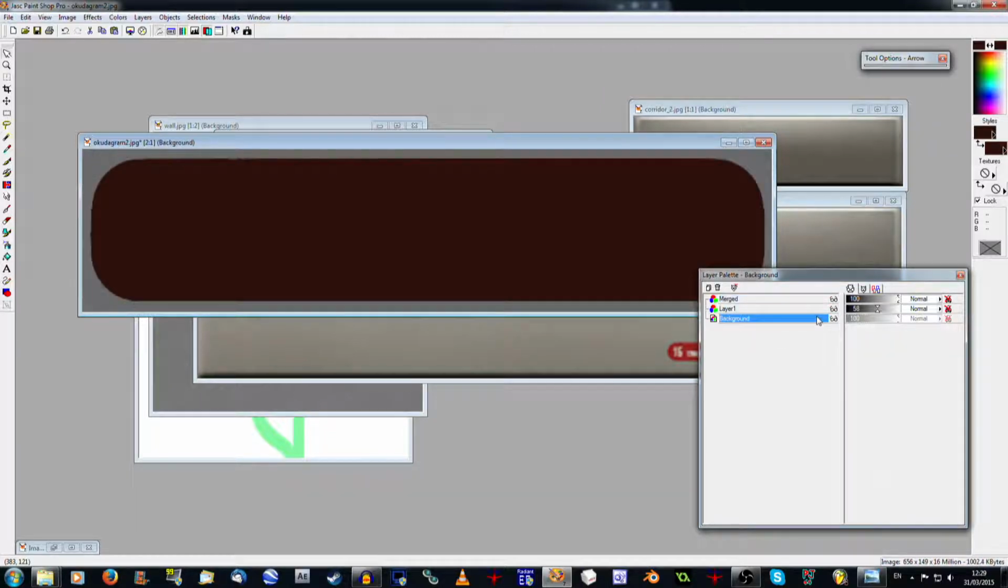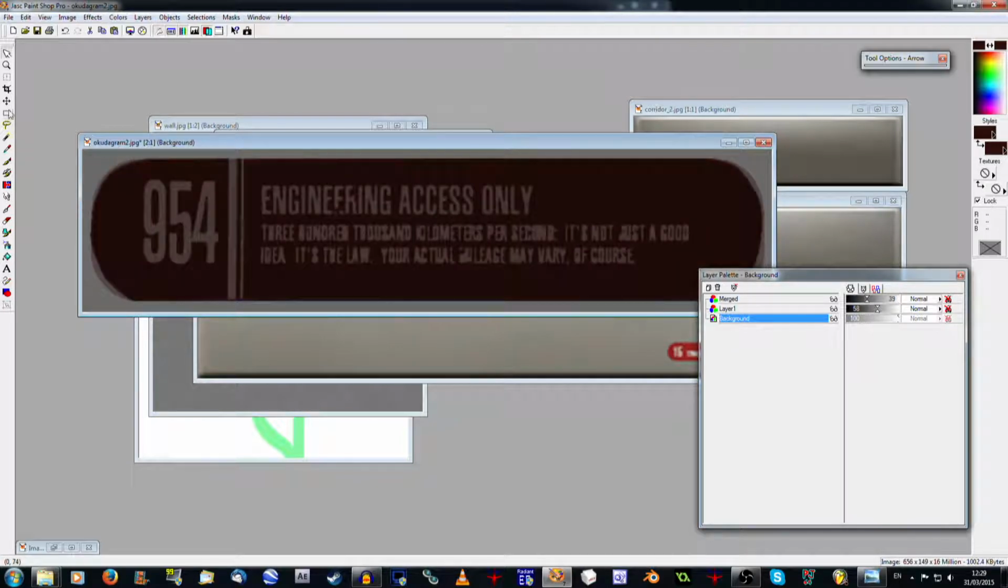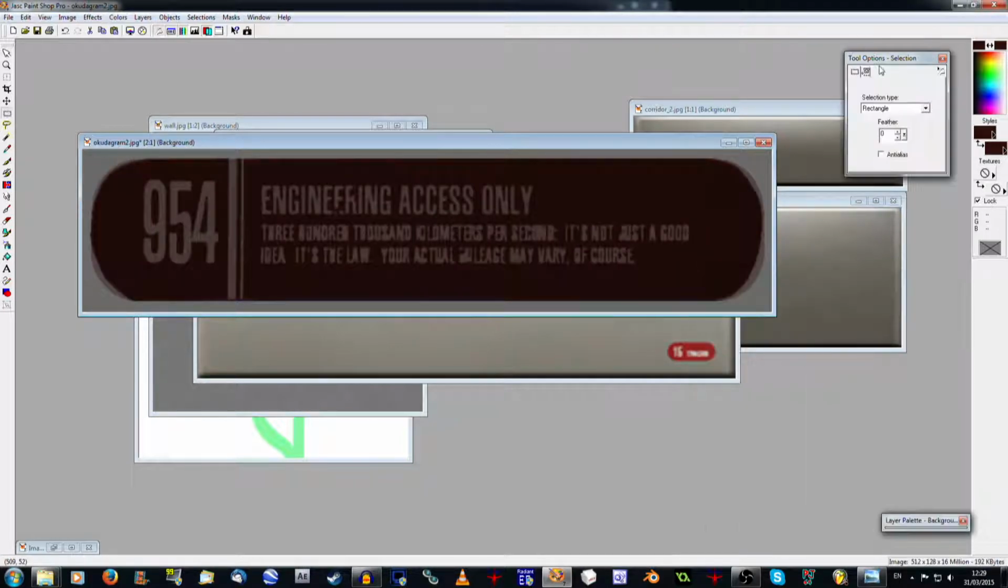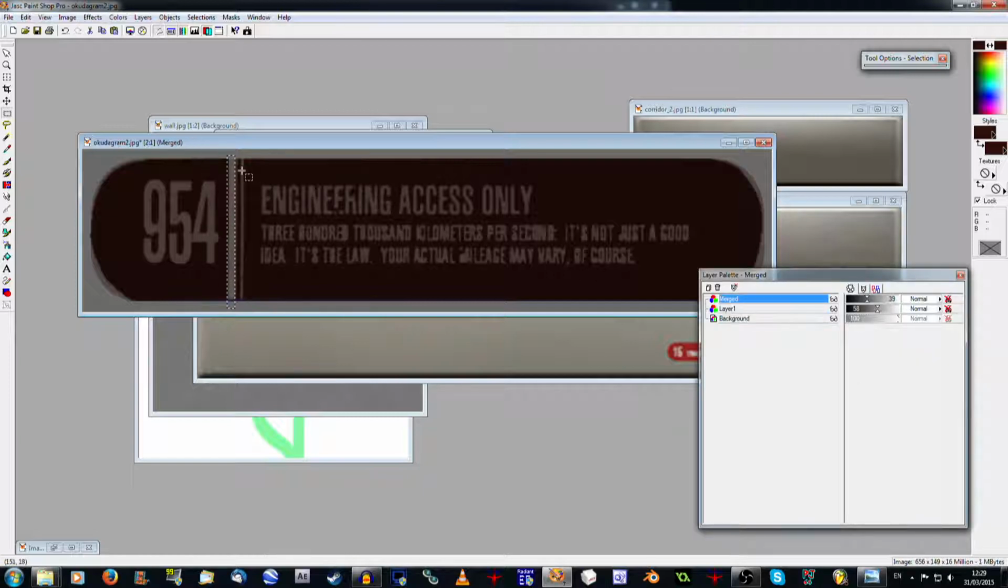Then we want to make both these layers visible again and lower the opacity of this one down, and then using our wonderful selection tool once again, let's just drag a box and delete. Oh crap, make sure we're on the right layer first. Delete that